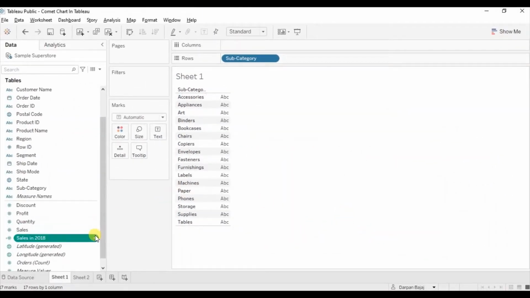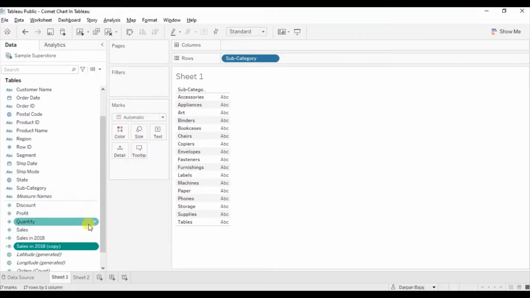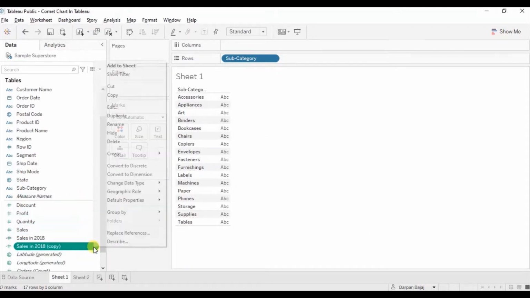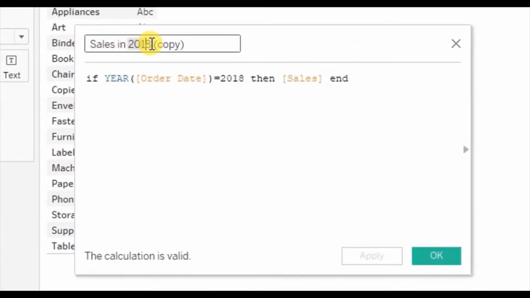Now create a duplicate field, click on edit. Now we will name it sales in 2019, change the year from 2018 to 2019,